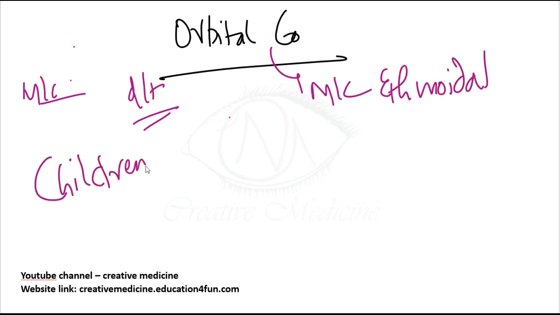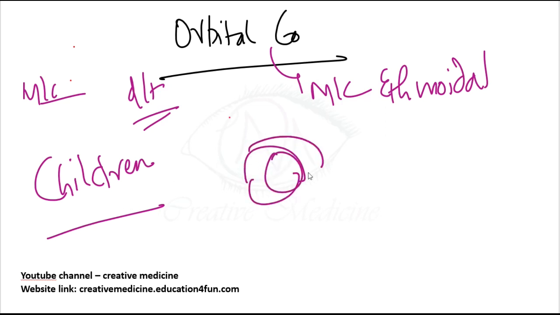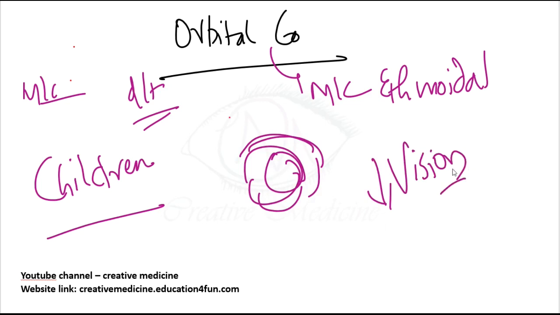So the clinical features in orbital sinusitis: you will see presence of high grade fever, pain in the eye on the side of the lesion. You can see chemosis of the eye, proptosis of the eye may be seen with diplopia, that is double vision, and you will also see decreased visual acuity.